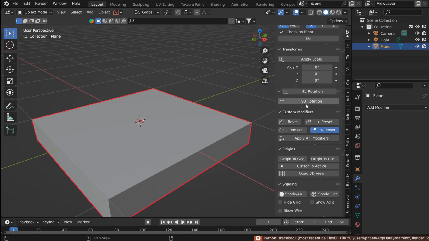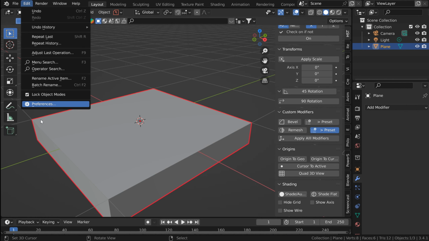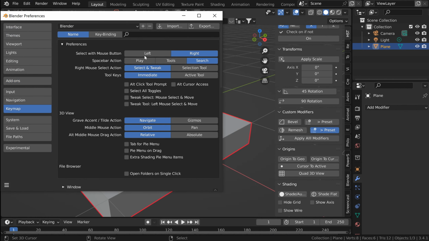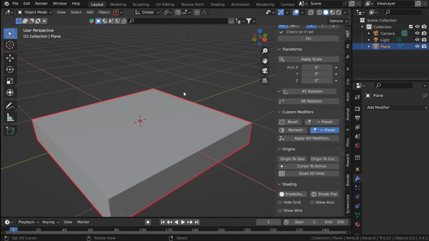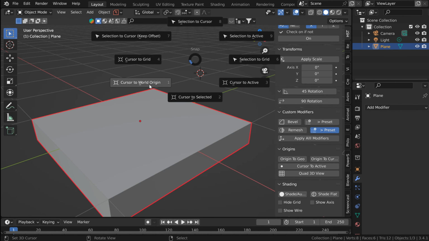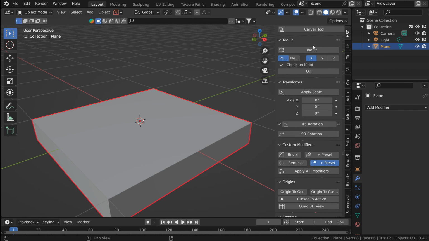I like keeping everything in the end panel because I use right click. I don't have the context set up like if you're in here in preferences, key maps for selection for mouse button, I'm right click. If you're the other way, then you'll have the context menu on the right button, but I do not. That way I kind of move the mouse around like this, and that's just how I operate. So I'm keeping a lot of things here, so I don't have to keep reaching and doing a lot of